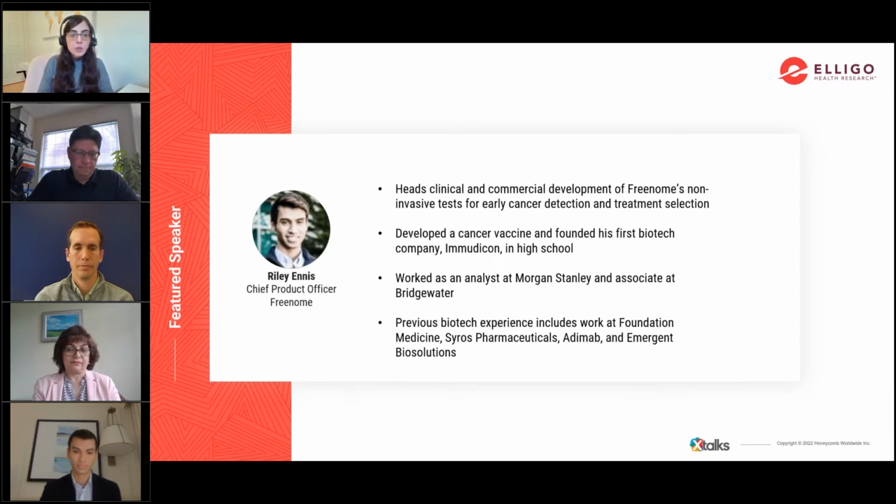A Thiel Fellow, Riley developed a cancer vaccine and founded his first biotech company, Immuticon, while still in high school. While earning his degree in molecular biology at Dartmouth, Riley co-authored several publications and worked as a visiting scientist with Novartis. In addition to his work as a scientist, Riley worked as an analyst at Morgan Stanley and an associate